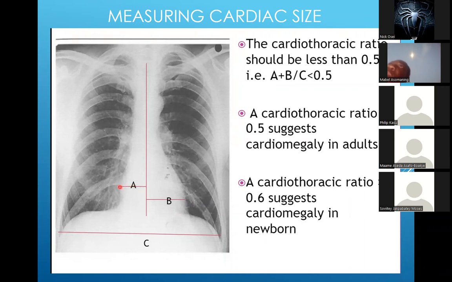It's not here, and it's not here, but it's rather somewhere here. So you measure midline to the longest border on the left and the right. Then you add A and B, and you divide by C. If your value is less than 0.5, then it means that there is no cardiomegaly. However, if it is